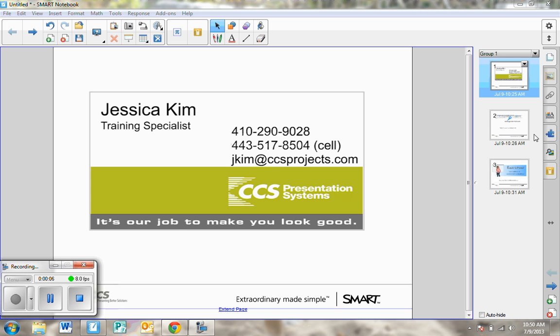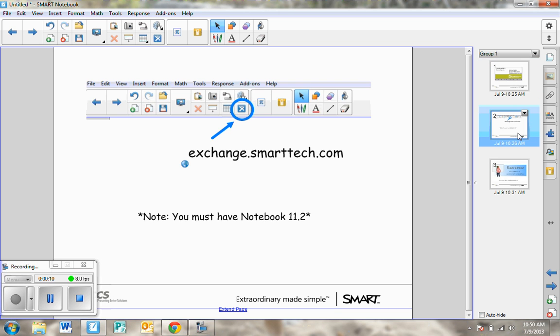Today's tutorial is going to be about two new widgets for Smart Response. The way that you're going to download them is by going to Smart Exchange. Remember, you can always get there by clicking on the Quick Access from your toolbar or go to exchange.smarttech.com. One thing to note is to download these widgets, you must have Notebook 11.2, and obviously you must have